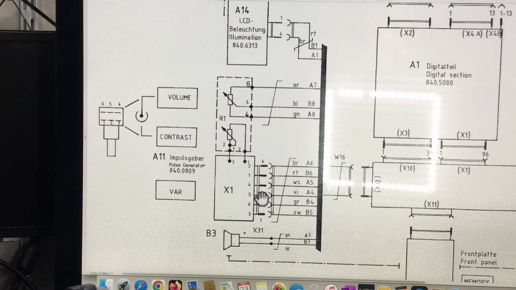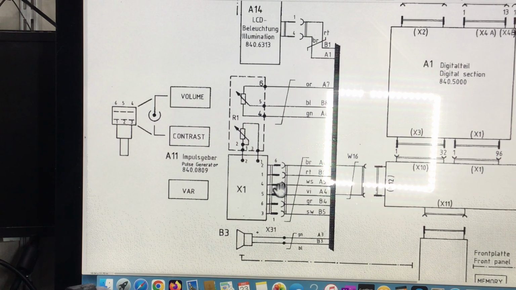This W16 connects to this X31 socket, which is what I pointed out on that PCB, which then connects to X1 daughter board, and then we've got the volume and contrast potentiometers, which are these resistors that connect to this board as well,